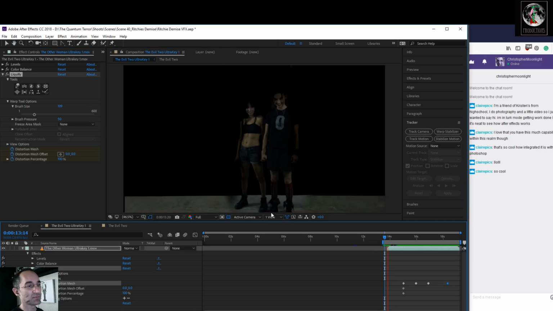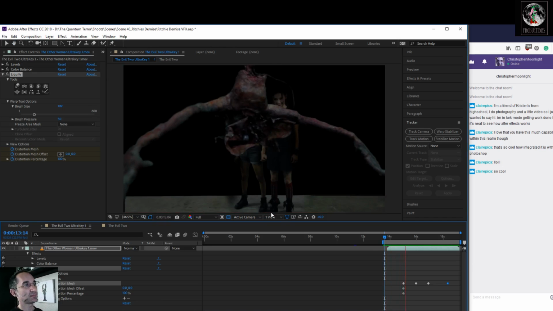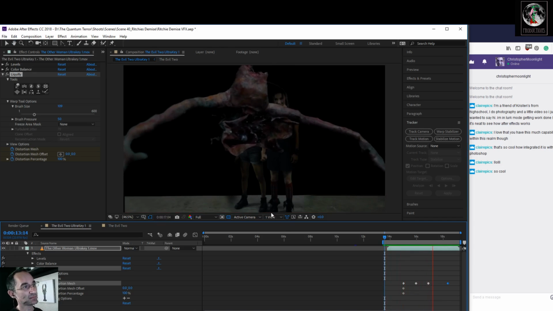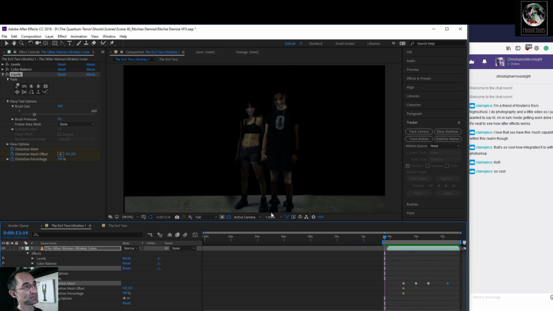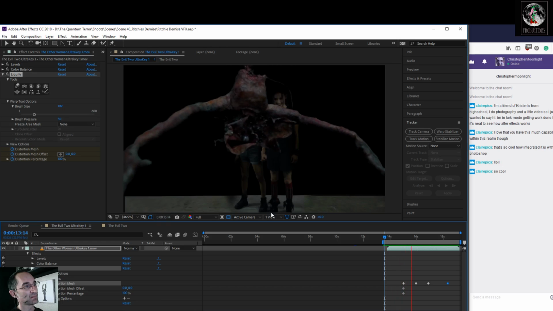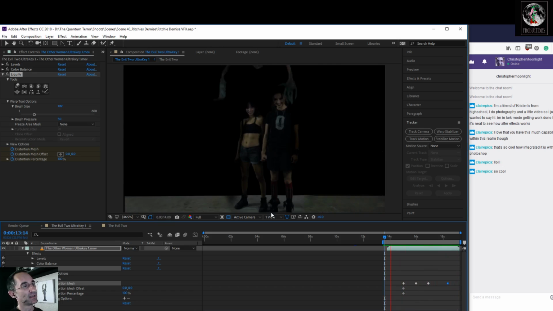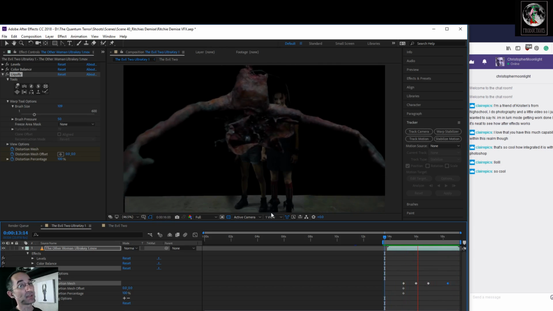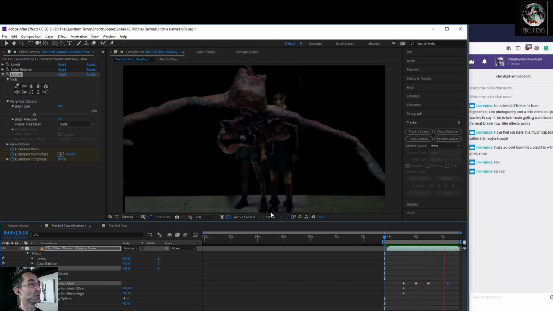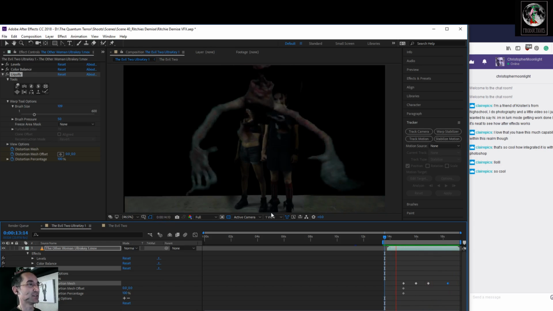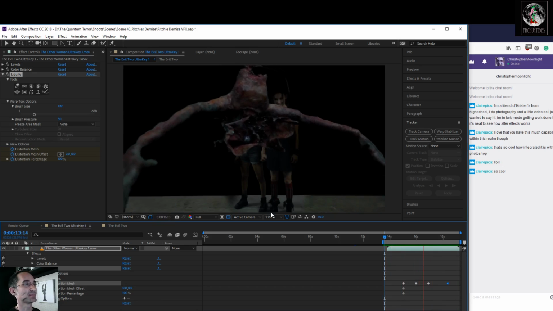See how it looks. Looks a little overly liquefied. So that's something that I'll probably work on. That won't be the final result, but you get the idea. You get to make the face move a bit more.